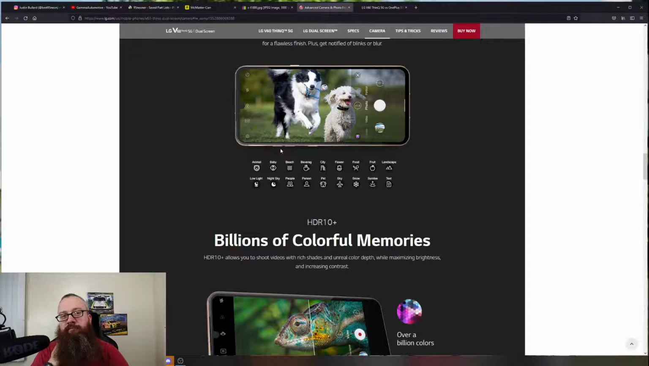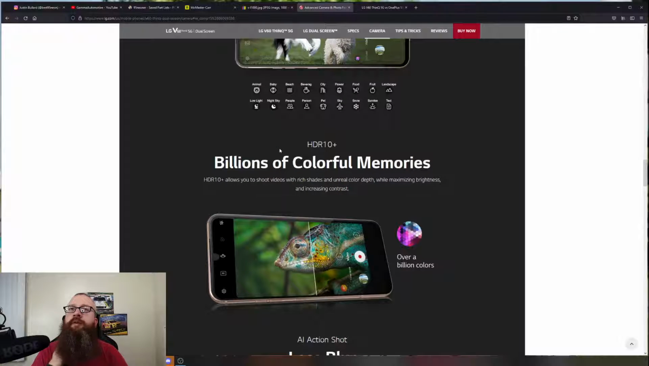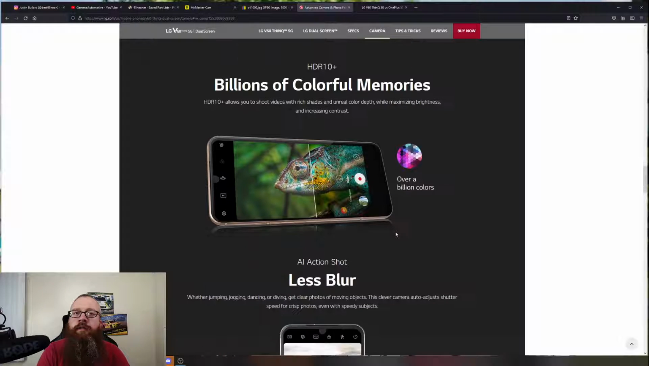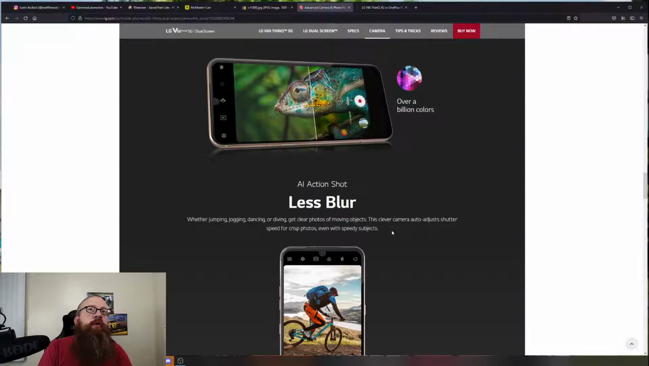All right. Got it. HDR10 Plus. Okay, so apparently we have HDR capabilities. Let's shoot videos with rich shades and unreal color depth while maximizing brightness and increasing contrast, which with you having an OLED screen, you can take a little more advantage of. So you can see here, it does brighten up the colors a bit, or it makes them more dramatic, I guess. Because if I remember right, I think HDR actually messes with contrast more than anything else. So,